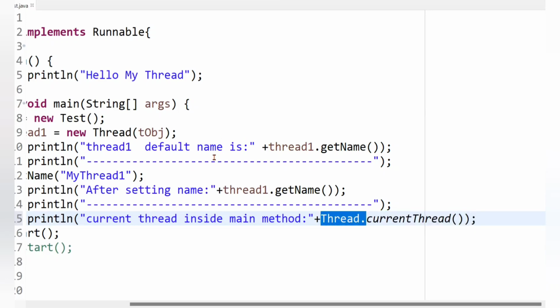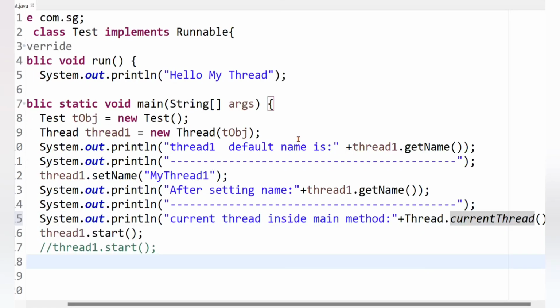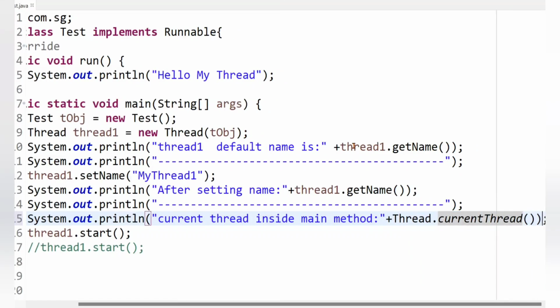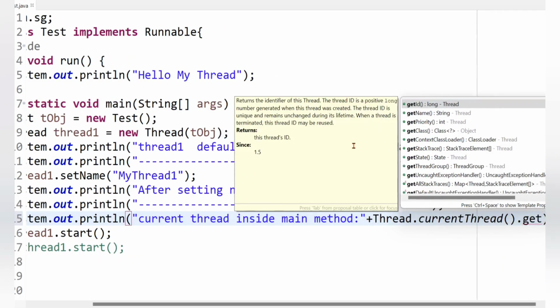Okay. Because static members we can directly access by using the class name, no need to create an object and all, right? And that's why I have written here the Thread class name, Thread, and .currentThread method, and here we will have to write the .getName method.